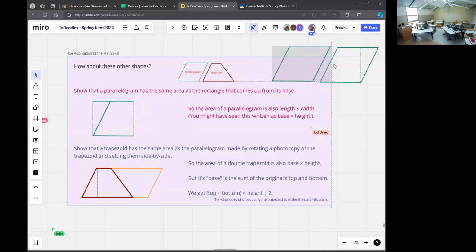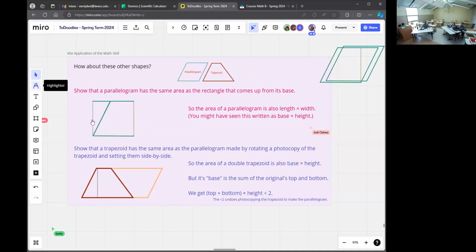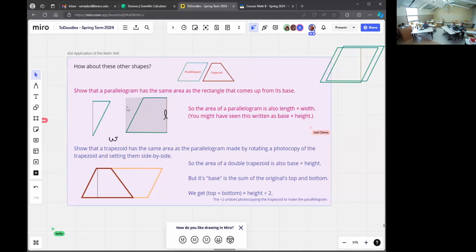So I'm gonna put these off to the side for now. So the length is here, and the width is here, or the other way around. We can disagree about which is length and which is width. So when I rearrange that,